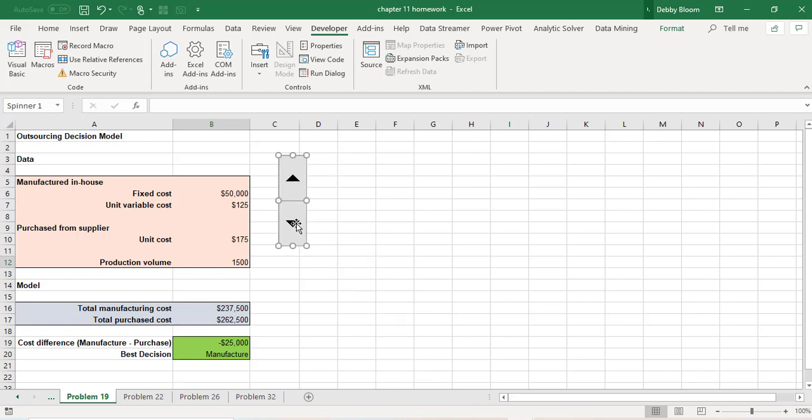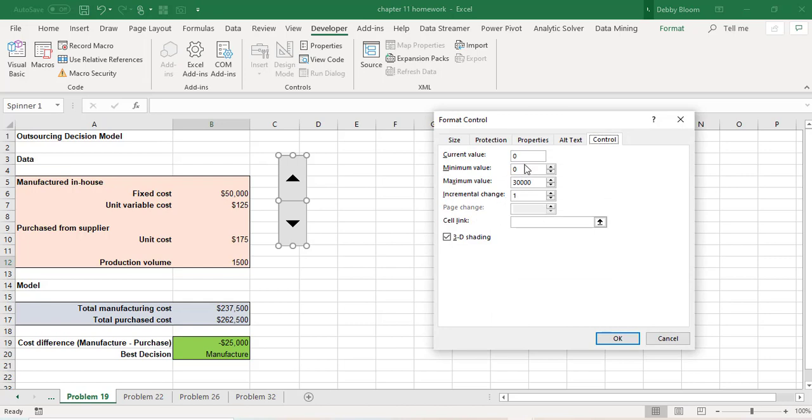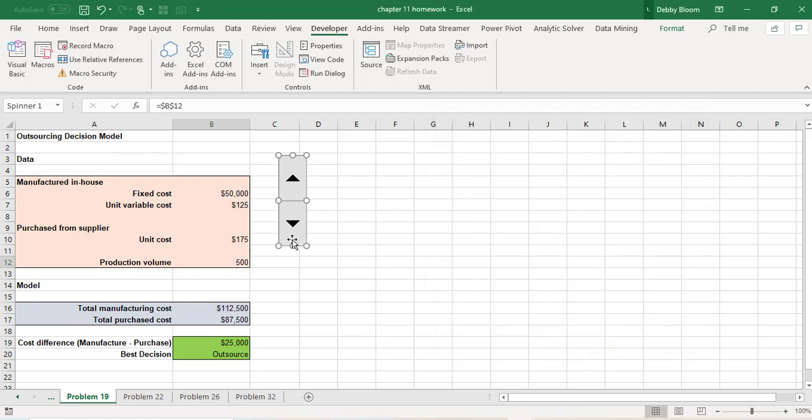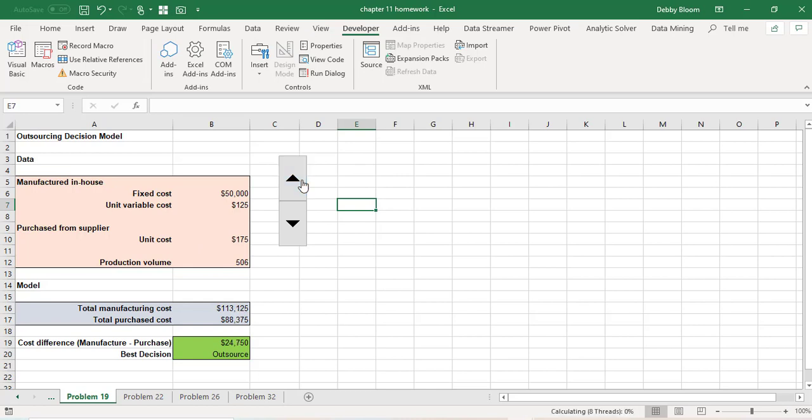Now, making sure that the handles are still around my spin button, I'm either going to click the Properties button in that Controls group, or I hover over my spin button, right click, and choose Format Control. Either one will get me to the same place. So I'm going to use a minimum value of 500, a maximum value of 3000, incremental change of 1, and very important, clicking in the cell link, I'm going to click in cell B12 and click OK. Now remember, with the handles around it, your spin button will not work. So in order for it to work, I need to click away,